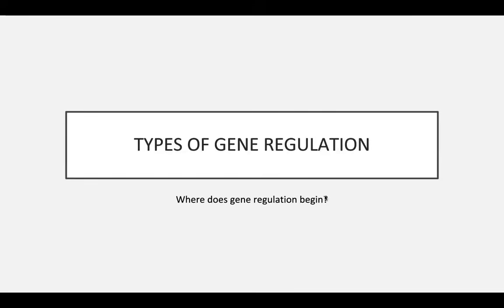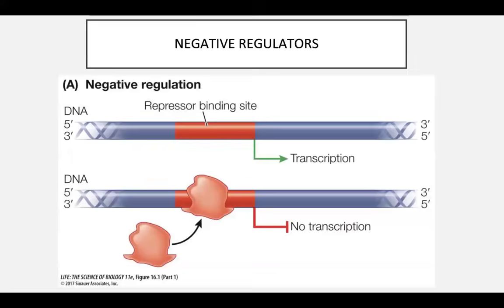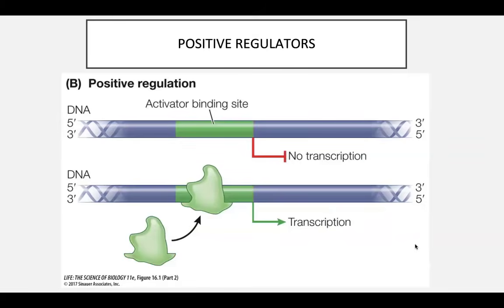Types of gene regulation. You have what's known as negative regulation. You have a binding site where typically transcription would occur, but there's a repressor binding site as well, where molecules known as repressors can bind. After binding, the repressor prevents any transcription from occurring. A common example is the lac operon. The repressor gets bound to it, and now it is repressed, so no transcription can occur and no messenger RNA is formed.